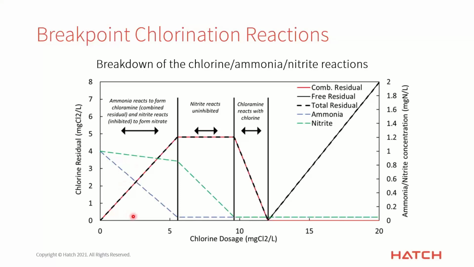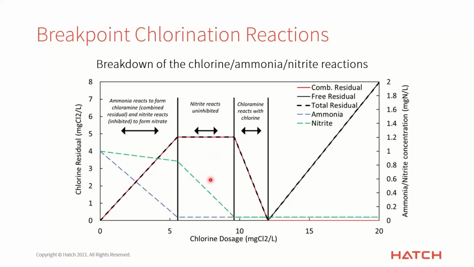The first section here is when we start dosing the chlorine, and the chlorine starts reacting with the ammonia and with the nitrite in the reactor. The way we have it in GPS-X is that the ammonia reaction occurs 30 times faster than the nitrite reaction when they're present at a 1-to-1 ratio. We found this commonly in the literature, so we included it in the model. You can see here that the nitrite concentration is decreasing a lot slower because a lot more of the ammonia is reacting at this point and getting converted into chloramine.